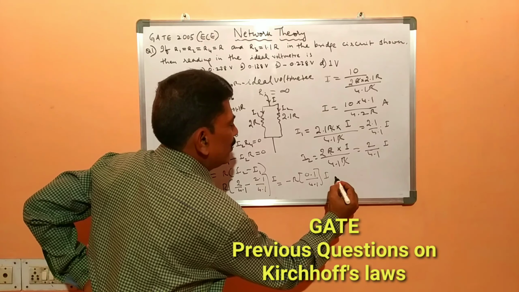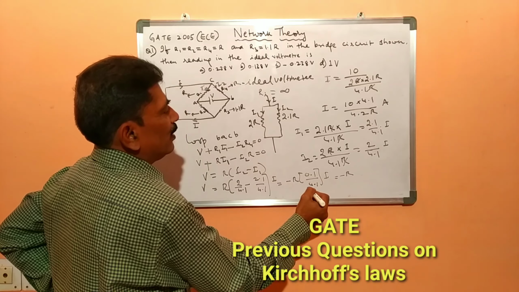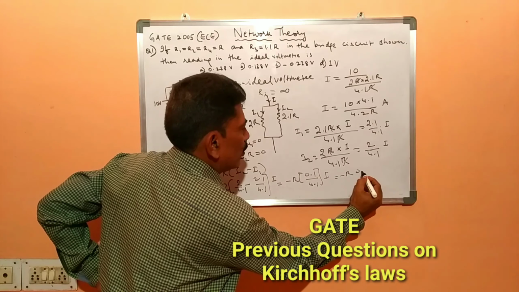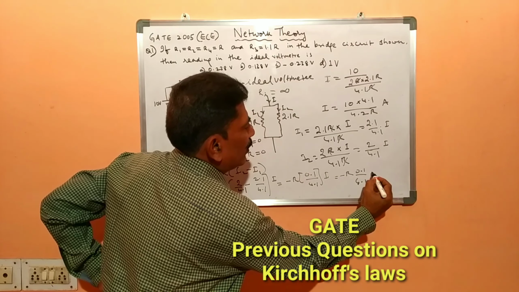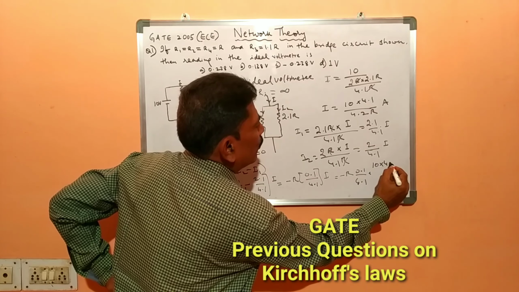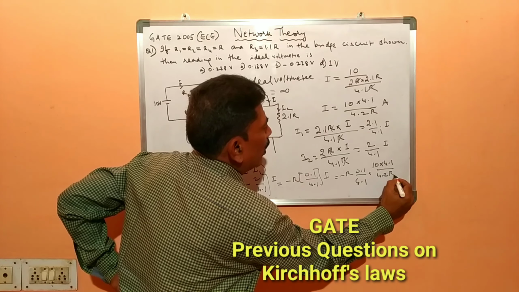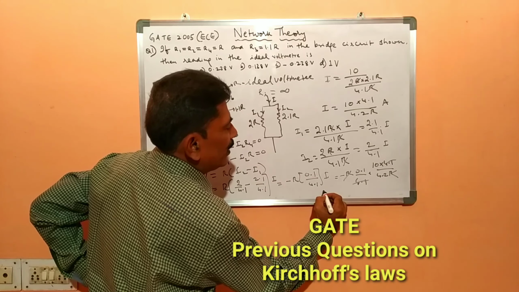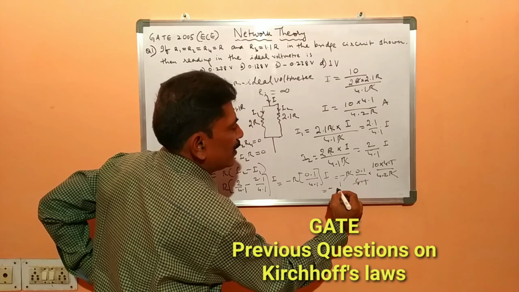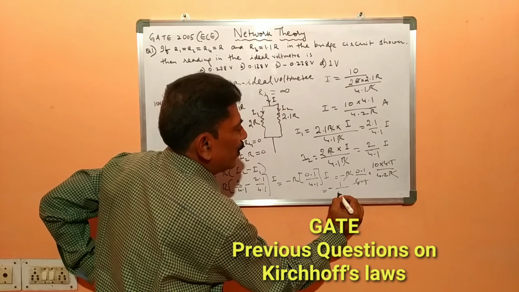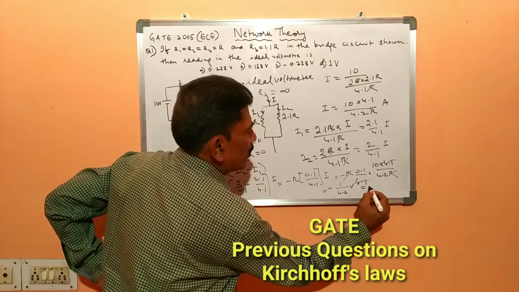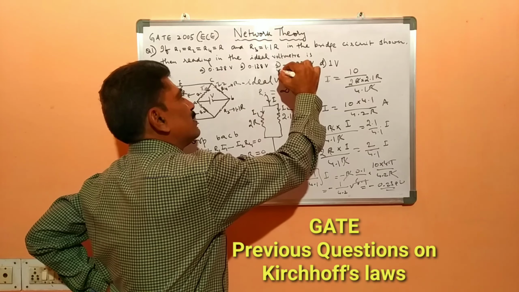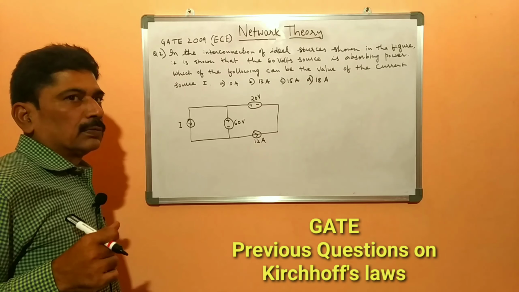value now, which is equal to minus R into 0.1 by 4.1, or 0.1 by 4.1, and what is I? I is nothing but 10 into 4.1 by 4.2 R. This R and this R will get cancelled, 4.1 and 4.1 will get cancelled. So finally it is equal to minus 0.1 into 10, which is 1, by 4.2 volts, which is equal to minus 0.238 volts. So you can put a tick against C. C is the answer. Okay, next question.